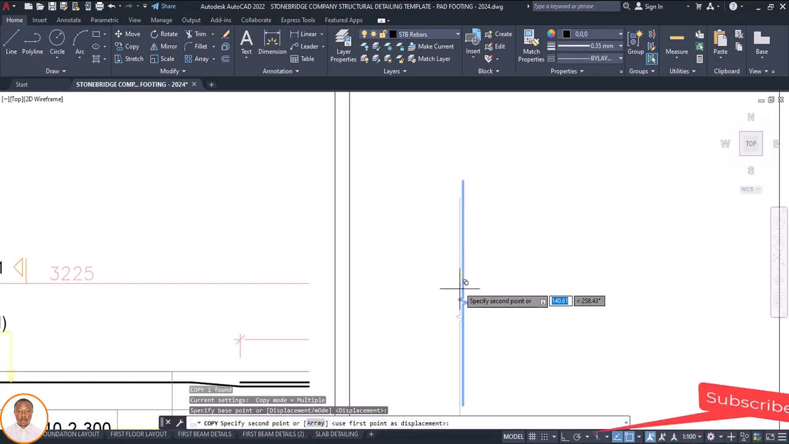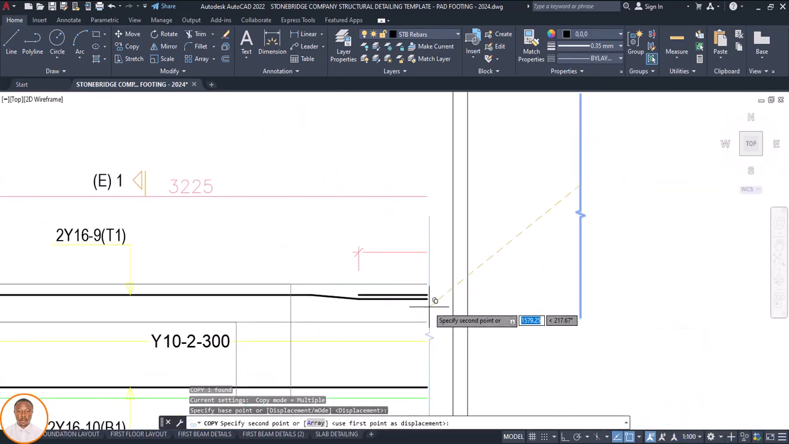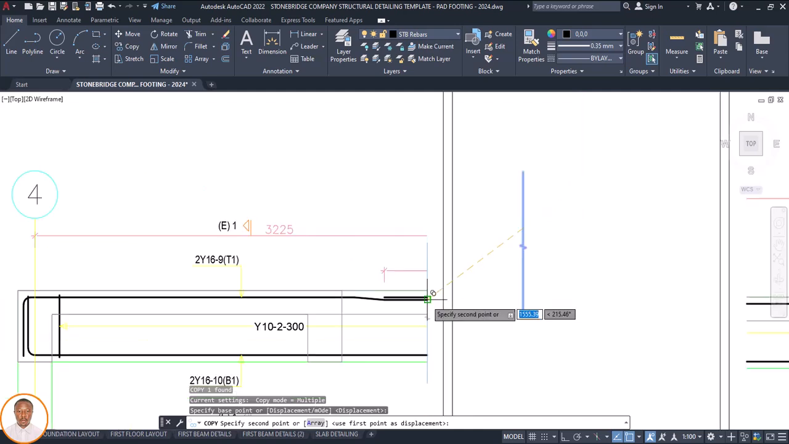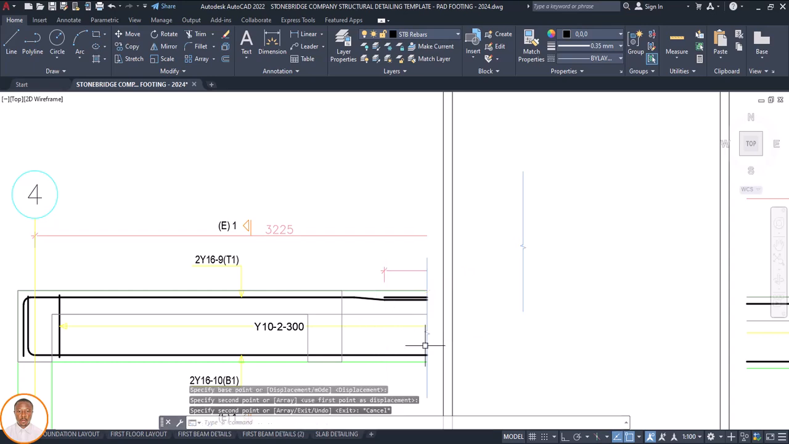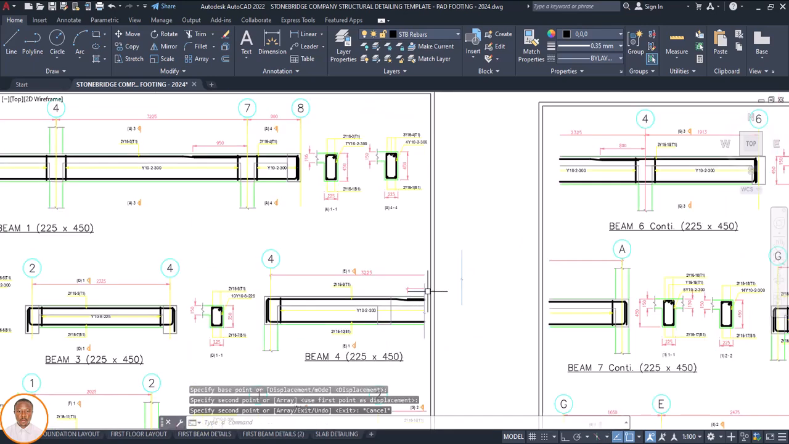Then I can now pick from here. Let me see where I can put it first, then I can adjust it. Can I put it here? Okay, or here? Let me see. Okay, let me leave it here. Can you see it now? So can you see? I'm having this. So I need to extend to this